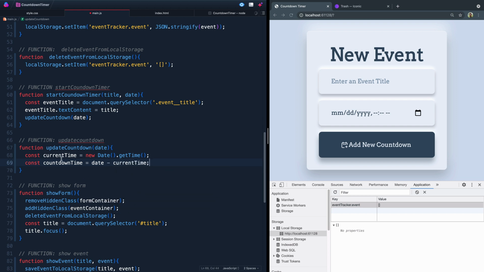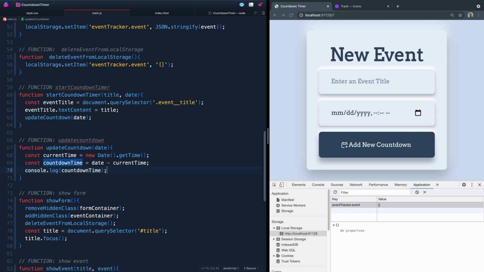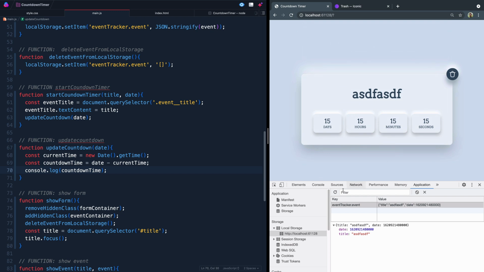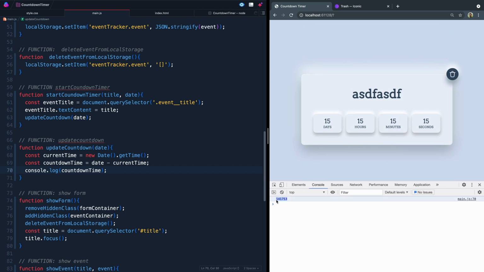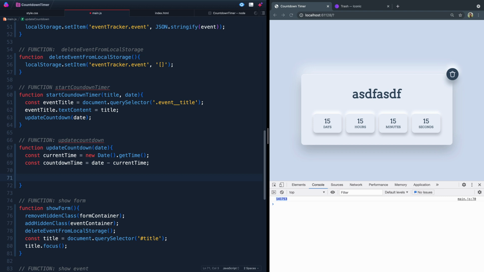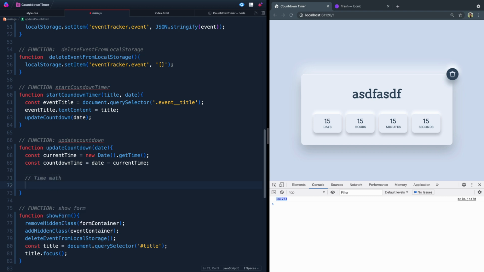So let's go ahead and console log this just so you can see what's going on. So we'll come in here, we add stuff, countdown, okay? This is how many milliseconds are between the current date, or the date that was passed, and our current time. Now we're going to write some time math here that will tell us basically what the new day, the new time, the new hour, and the new second should be. I think I missed minute in there somewhere, but we'll say const newDay is equal to,